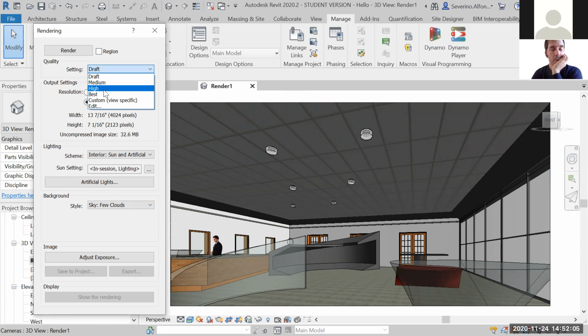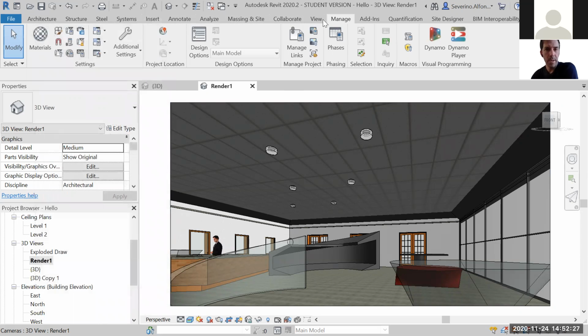Sorry, you can start in high. What I would do is printer draft to see again the lighting quality and so on, and then set it to higher best and send it. Just send it to render. If you actually send a draft option and then you take it to best, you can go afterwards to manage